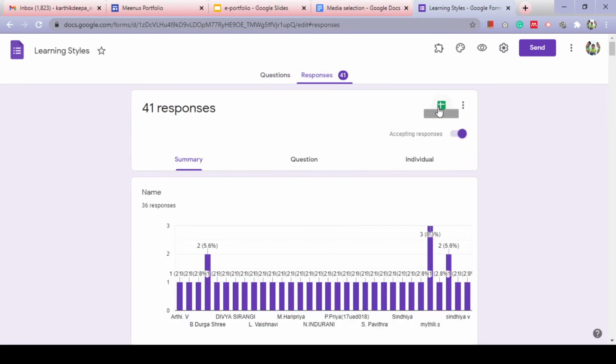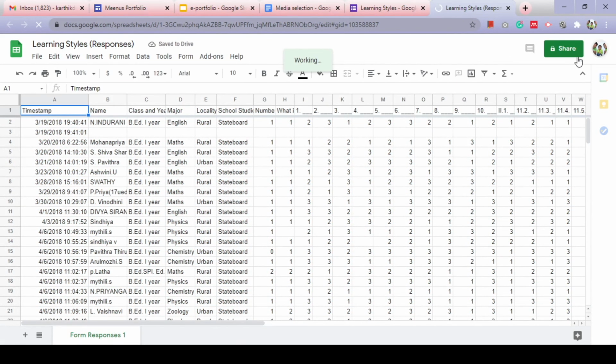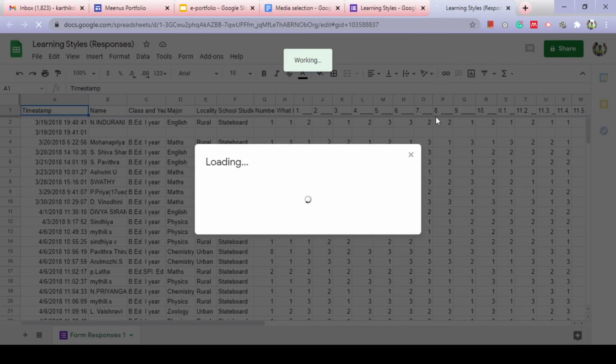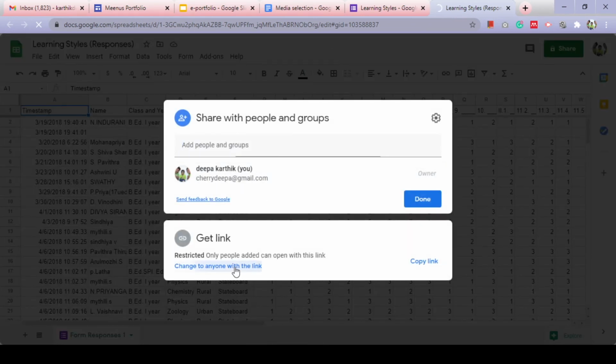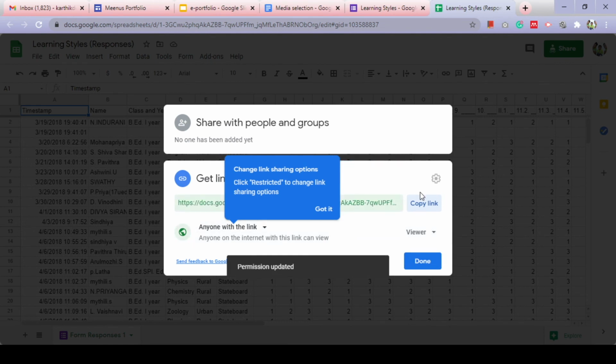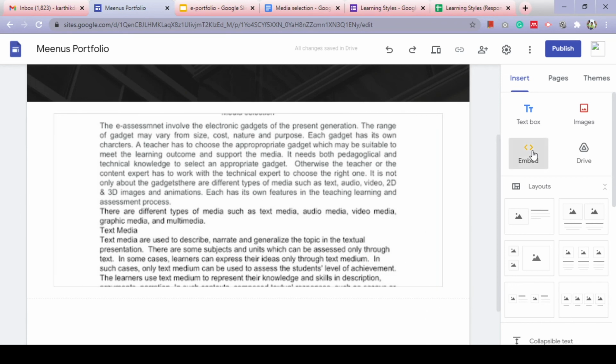This is how you can see the responses. I want to share this response sheet with my teacher. So just go to share and copy the link. Done. Now you can add that here.